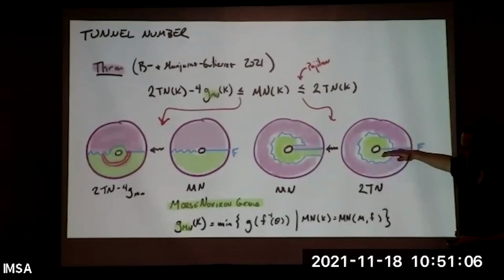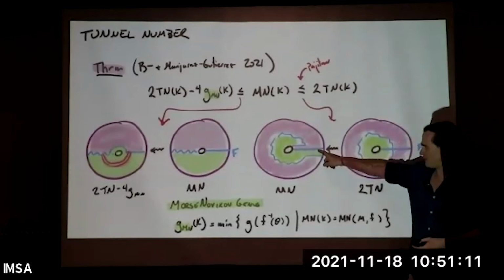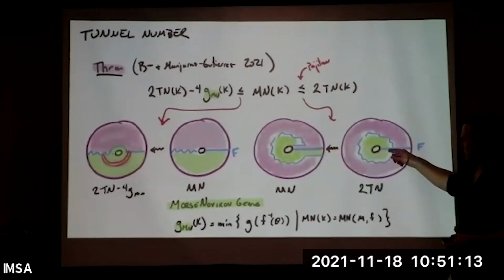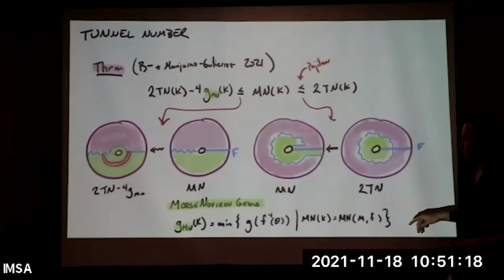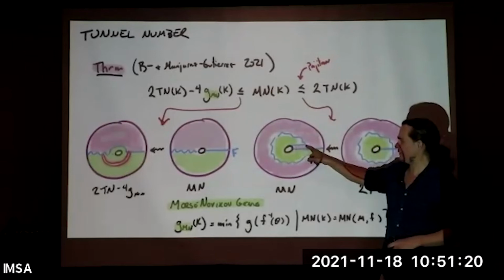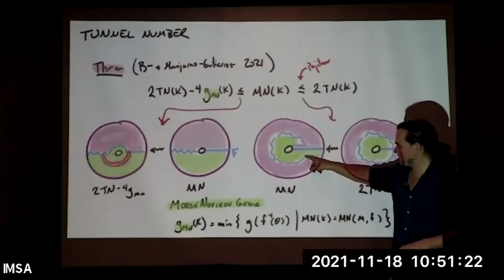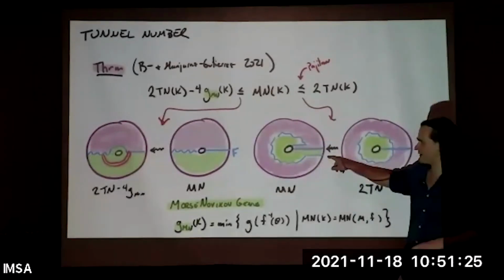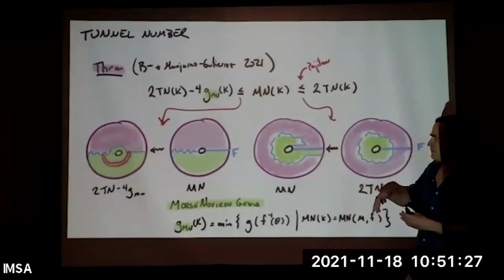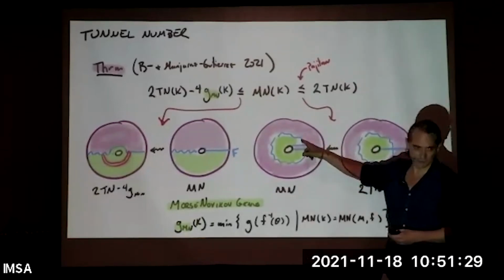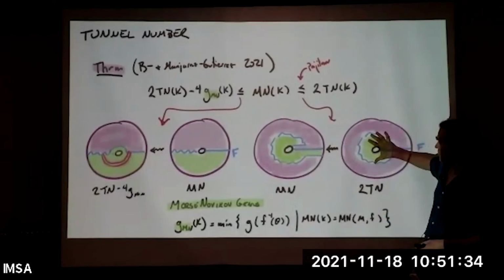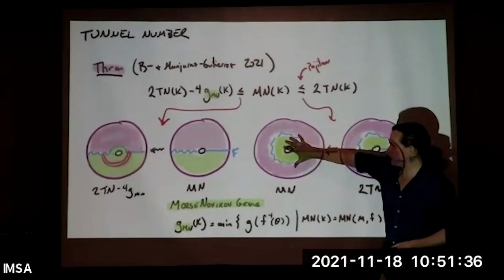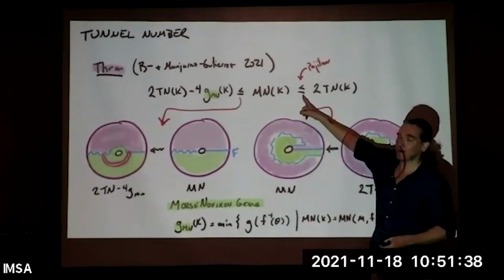But then once you find that cyclic surface, you can basically take your same cyclic surface F, and I'm going to do what's called a normal curve sum, just kind of summing them together. I'm just going to follow the F, go around the original Heegaard surface, and then I'll connect it. And that's going to give me my thin surface. The number of critical points for this equals the number of critical points of this presentation. Therefore,